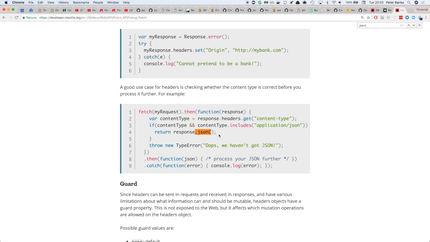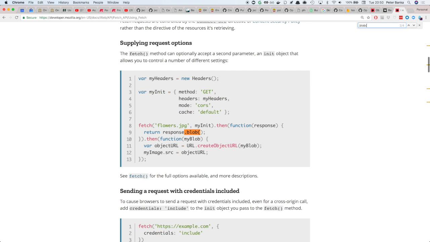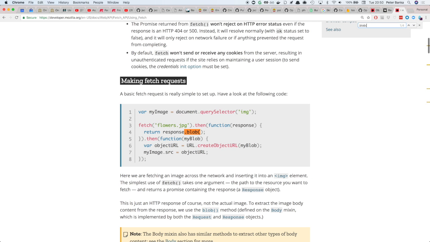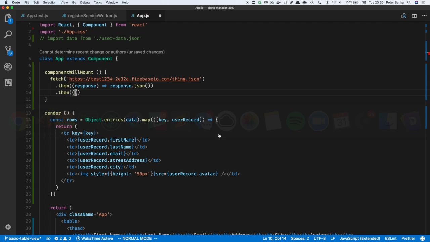Maybe that's better. Seems to be sort of more canonical. All right, let's use that. Why not? Blob. All right, cool. Can I ask why are we